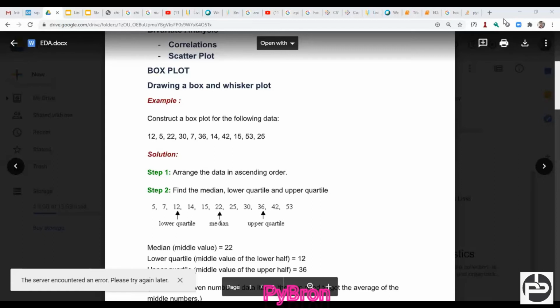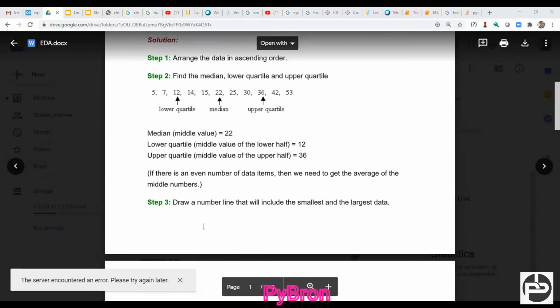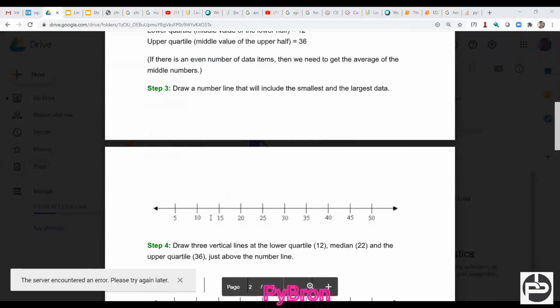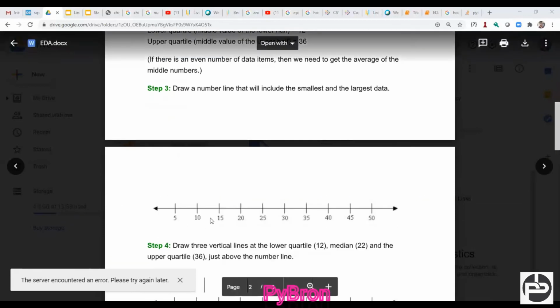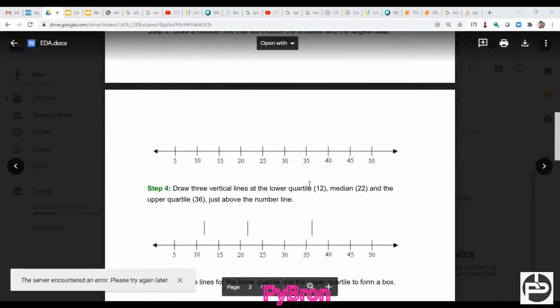Once you capture these things, next you have to do one more thing here. Just go down. You plot a number line, which we already know from, I guess, class 7 or 8, right? In class 7 and 8 we used to make a number line and try to plot the numbers we found.